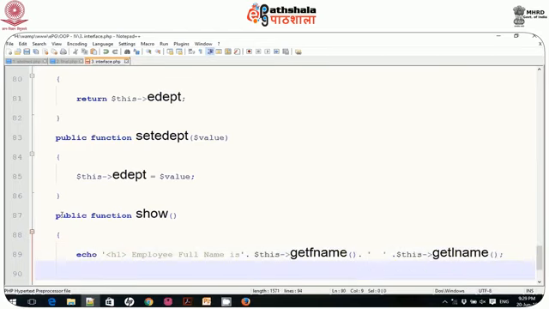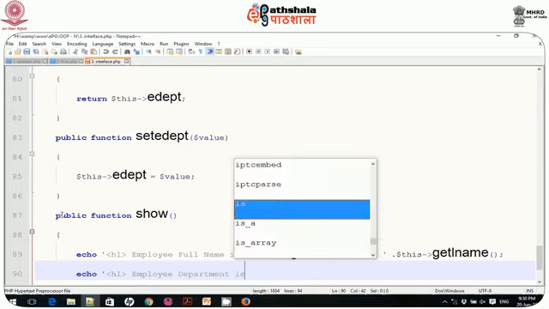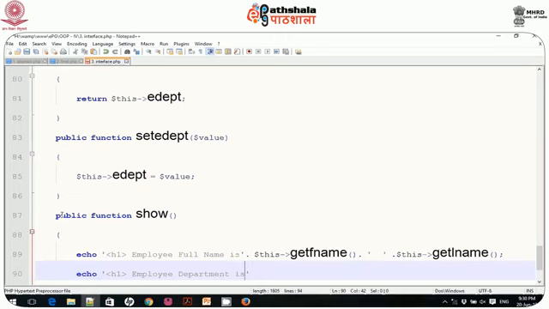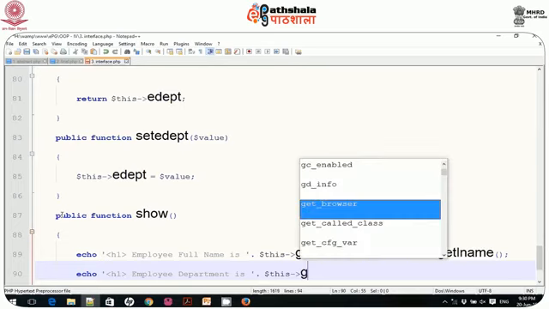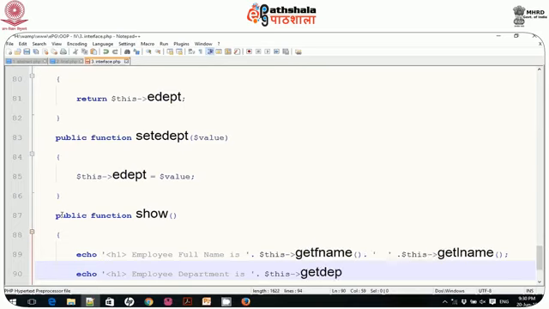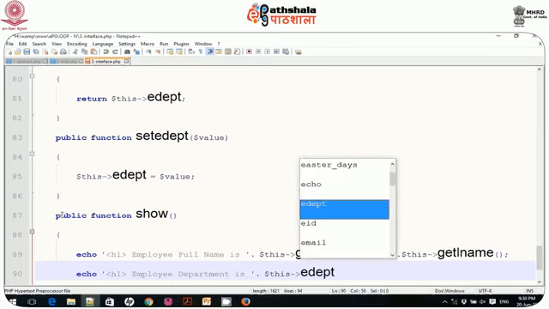Echo again h1, employee department is, let me provide some space here, the same way here, then I can write $this and getDepartment, or I can simply write eDepartment